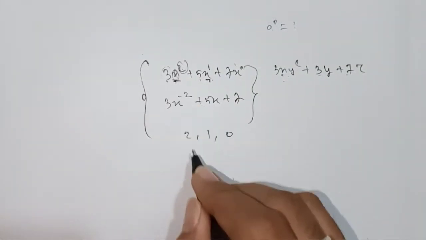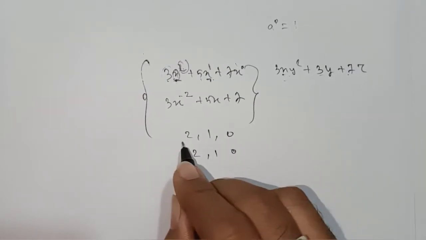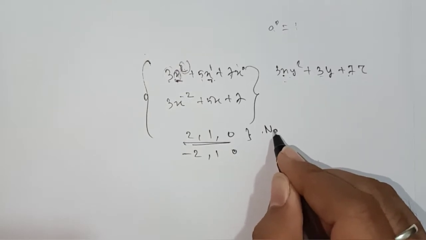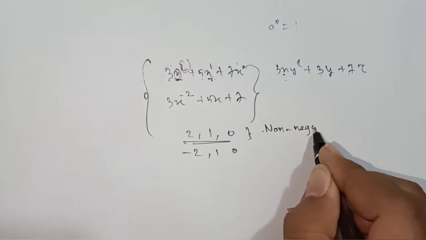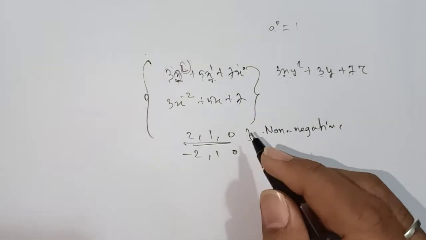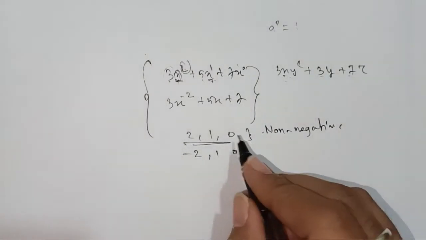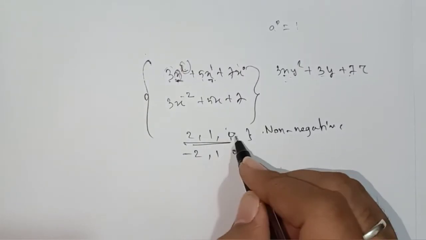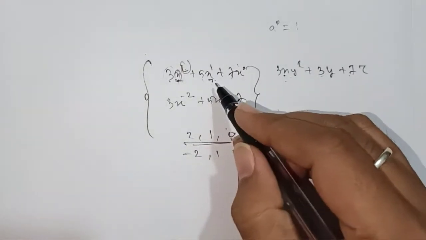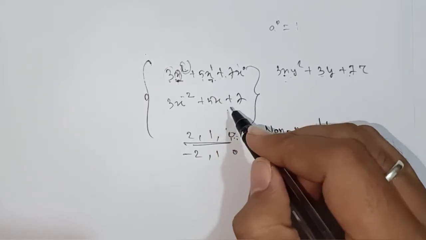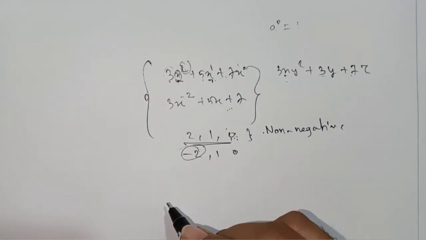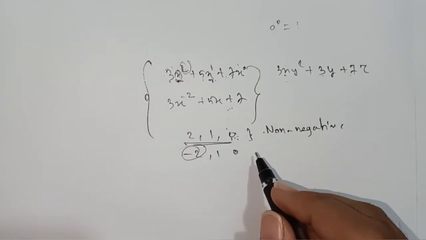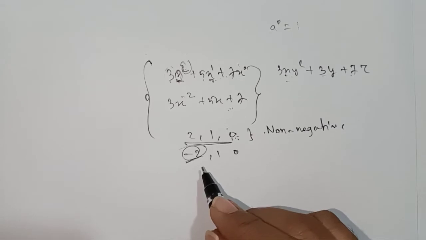And look at here, you are getting minus 2, 1, 0. If you look at this one, these are the collection of what? Whole numbers, non-negative integers. That means it's a whole number, and whole numbers start with 0. So if we get this, it means the exponents are whole numbers. Then that type of expression we call a polynomial, and this is not a polynomial. Why? Here we can see a negative integer.